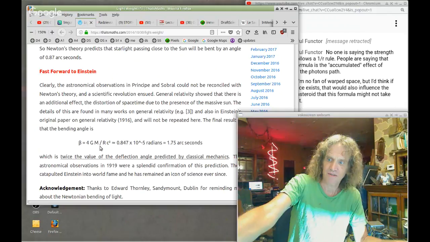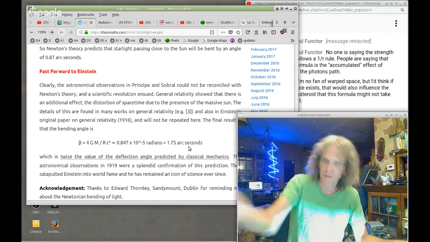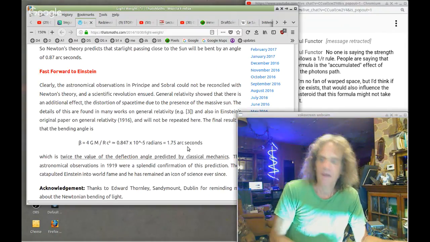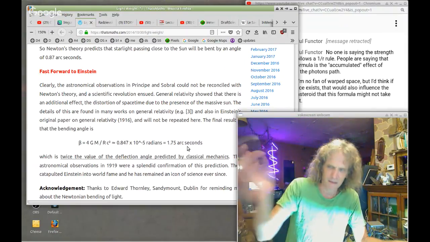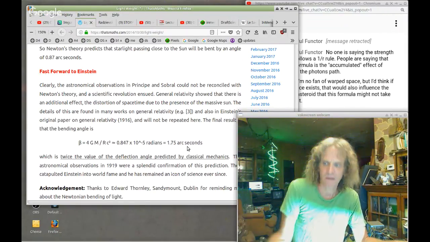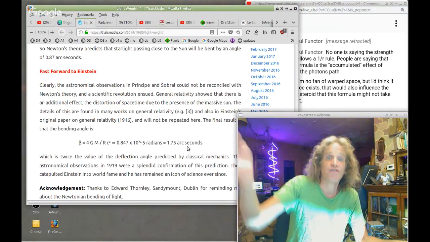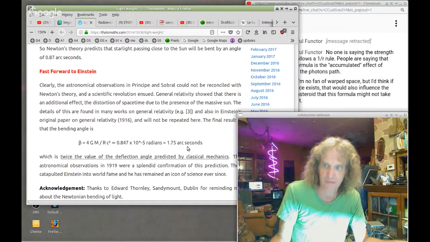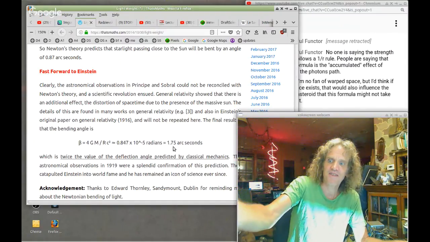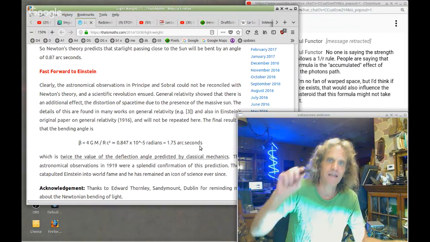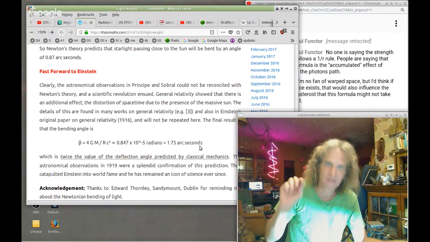And then RC squared, and R is the radius times the velocity squared. So they do the number here, and that's when you get 1.75 arc seconds. Now, there's so many things that can keep pointing out all the things that are wrong with this nonsense. These numbers are for the surface of the sun. So this number, 1.75 arc seconds, is how much deflection there is if you go right across the surface of the sun, one radius from the center of the sun.